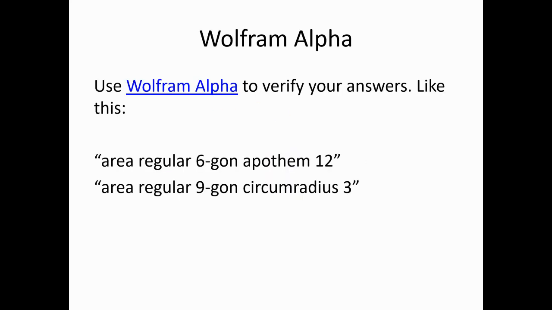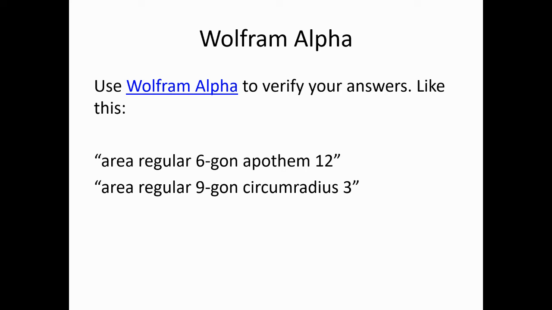Oh, final little thing here. If you look in the answer key, you will not find answers for this particular set of problems, and you might wonder why that is the case. Am I lazy? Well, yeah, as lazy as I can get away with, but I didn't need to do it in this case because you've got Wolfram Alpha. Go over to Wolfram Alpha and simply type in a description of your regular polygon. It's smart. It will recognize it. So if you were to say, like, area regular hexagon, apothem 12, literally, if you were to type that into